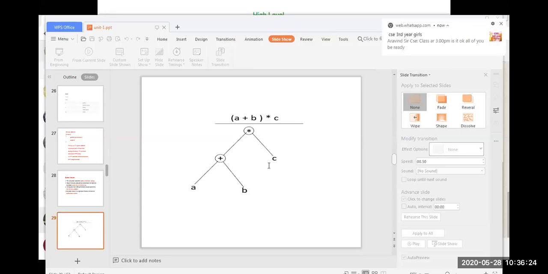Any more additional syntax errors? Which mistakes do we call syntax errors? Okay, missing braces. See, one more good syntax error is if you forget the semicolon. As per the rules and regulations of the language, a semicolon must be there at the end of every line. If you forget that, it is treated as a syntax error.